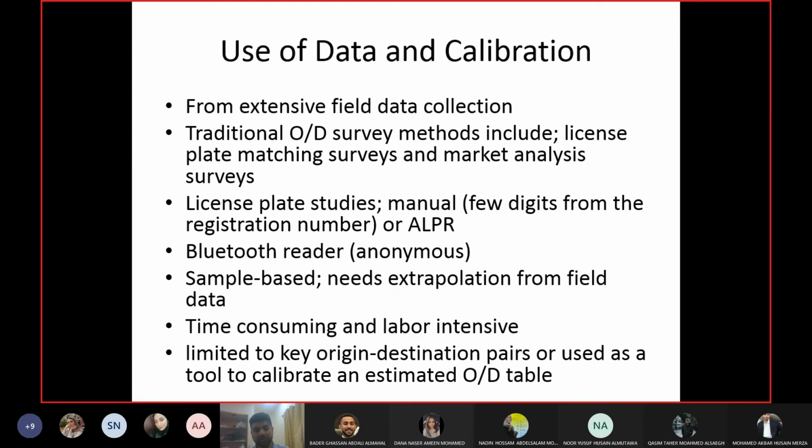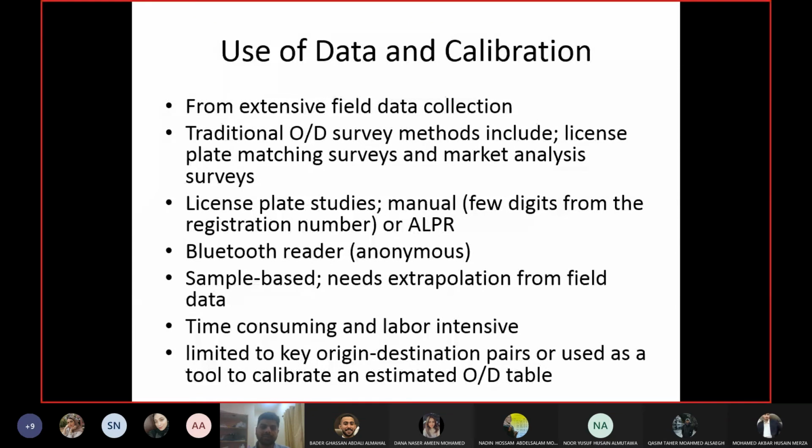So this will not be the destination of the car. If the car entered the area and then it has exited the area as well, that means this was not the destination of the car. But if the car entered the area but did not exit, that means it is the destination of the car. Or if the car exited the area but did not enter, that means it was the origin of the car. Okay, this is license plate matching. Yeah, you are right, brother.